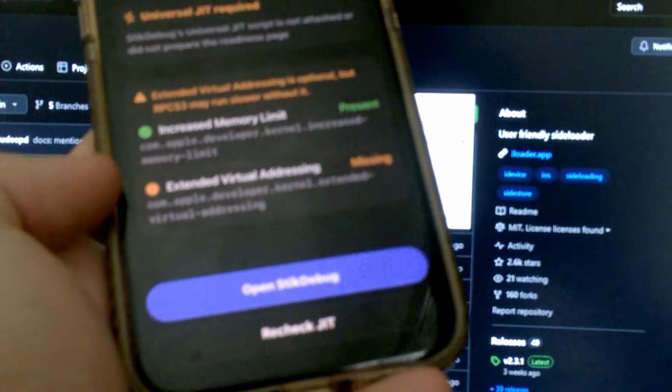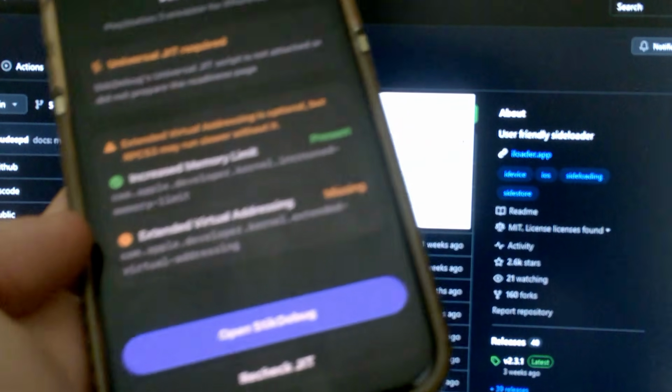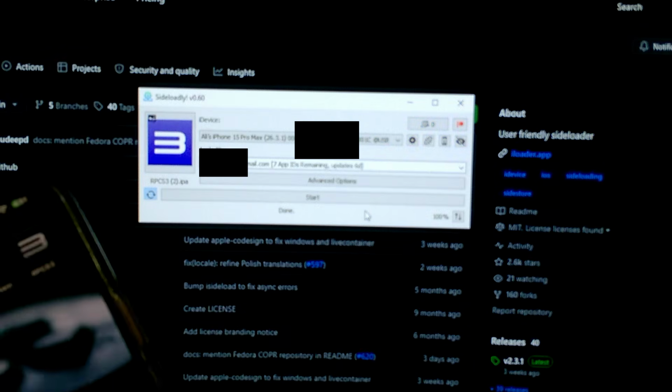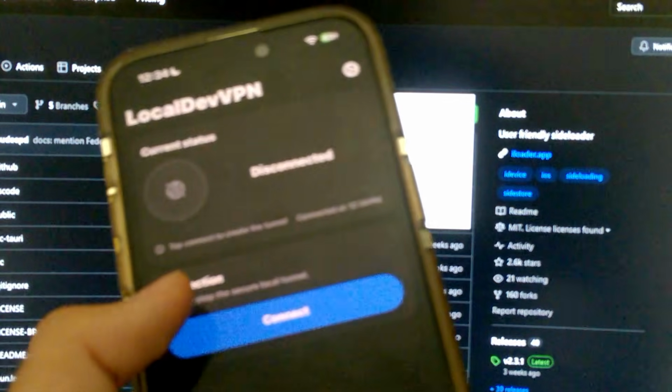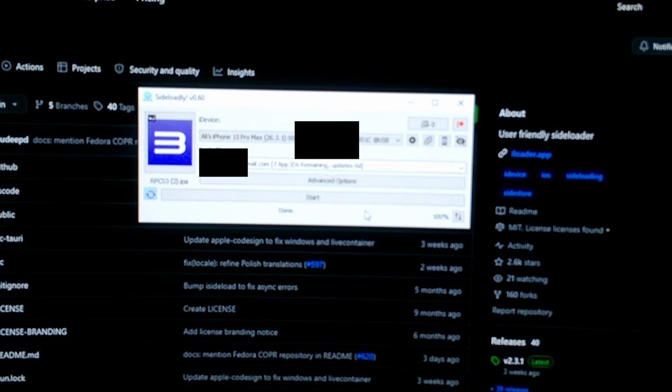But it's an optional thing. It's just if you want more and more performance, you can go ahead and get that. I think it's an Apple developer thing, but either way, you see open stick debug. We're gonna go ahead, open local dev VPN first and press connect, and once it's done you can go ahead